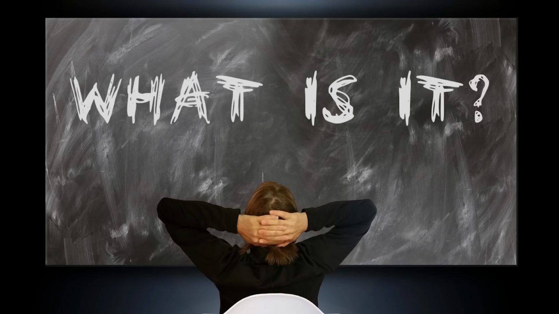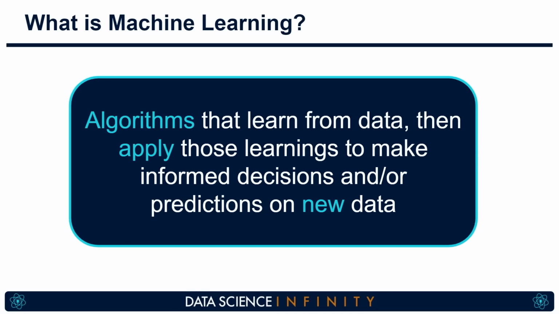In my view, the best definition of machine learning is algorithms that learn from data and then apply those learnings to make informed decisions and/or predictions on new data. So understandably, this is a very high-level definition, but this captures two essential parts of a lot of what machine learning is all about. There is a part where some form of learning takes place, and this is where algorithms will learn relationships or patterns within our data. There is also a second part, which is the application of these learnings, and primarily this will be to make predictions for new data or for the future.